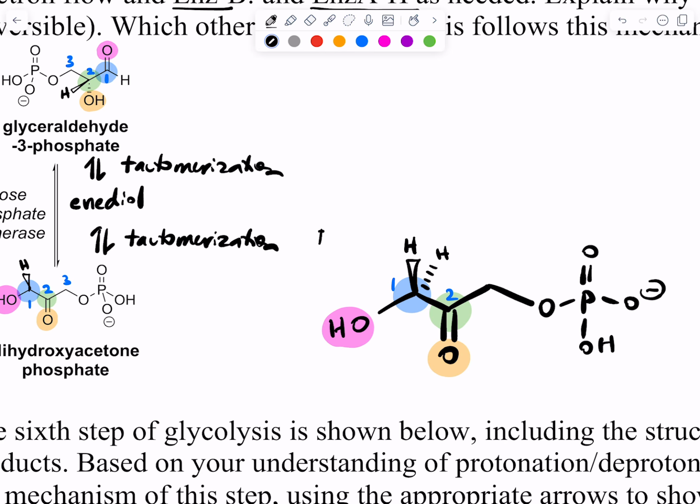So the first step would be base removes an alpha proton, electrons kick down to form a pi bond. It would have been totally fine to do that and then draw the negatively charged enolate as an intermediate, and then in a subsequent step show that intermediate getting protonated on the oxygen. Instead, what we have done is say, okay, form the pi bond and protonate